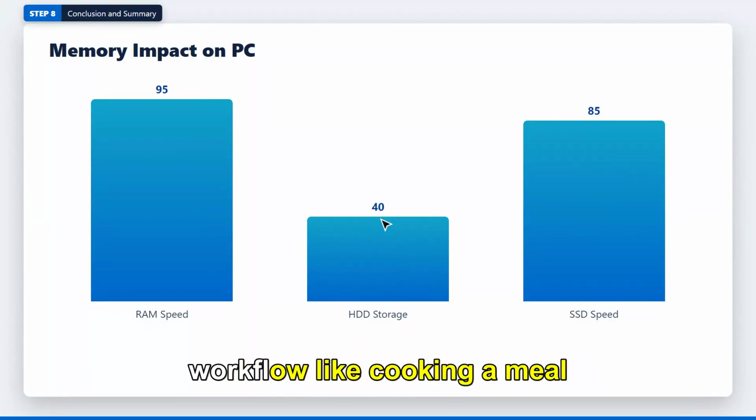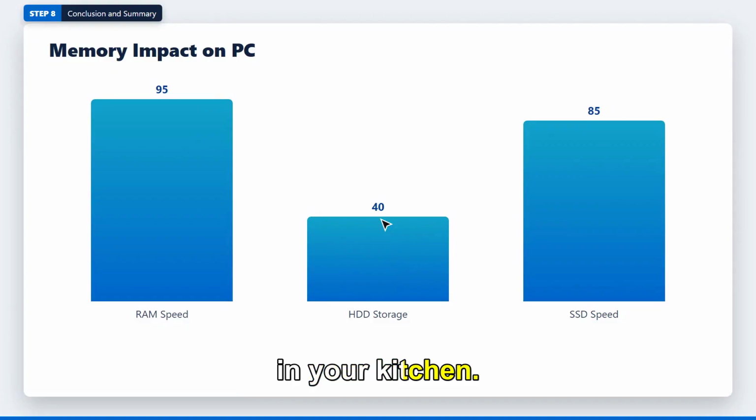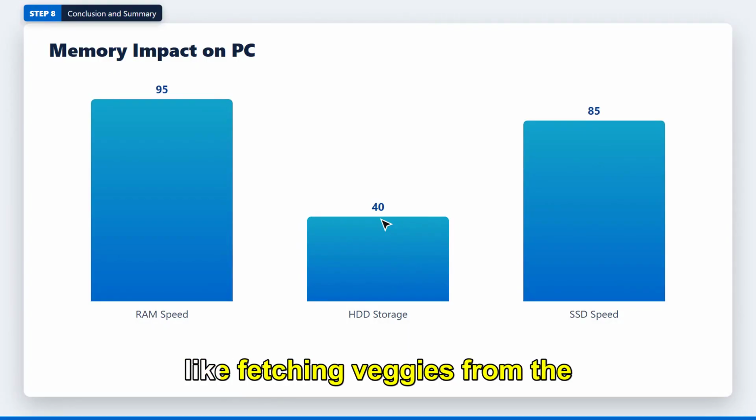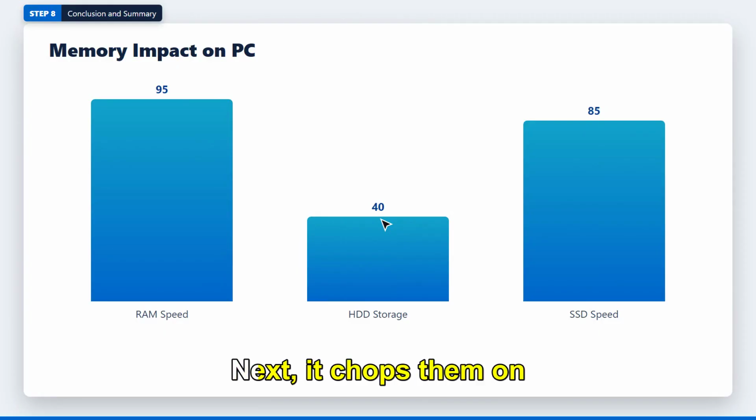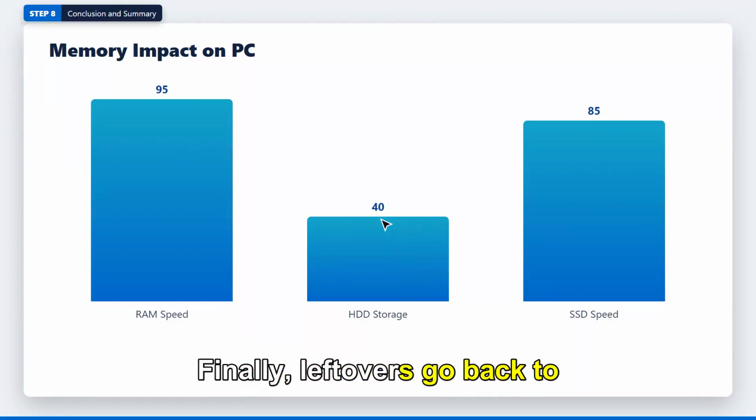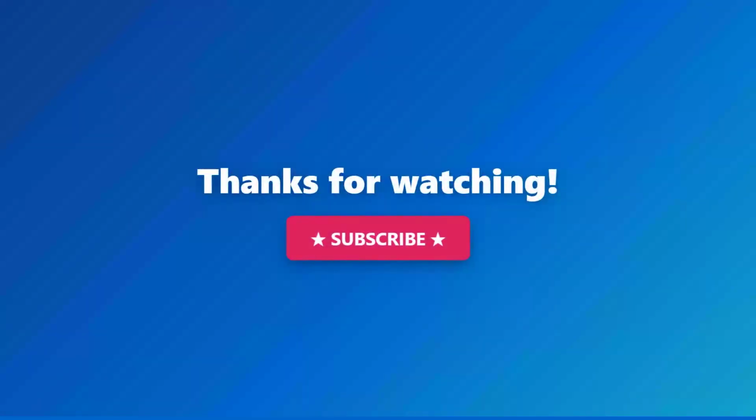Think of a data flow workflow like cooking a meal in your kitchen. First, the CPU grabs ingredients from the hard drive, just like fetching veggies from the fridge. Next, it chops them on the RAM cutting board for fast work. Finally, leftovers go back to the fridge for storage. To wrap things up, think of RAM